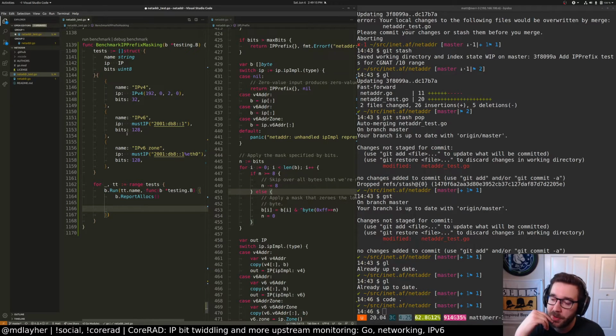Oh, you suggest a benchmark iteration for a half plus 1 mask, so /17 and /65 for v4 and v6 respectively. That will exercise how the loop behaves when it goes through every possible case: don't touch the byte, mask a partial byte, and mask a whole byte. Yeah, that's a great point. We should do that.